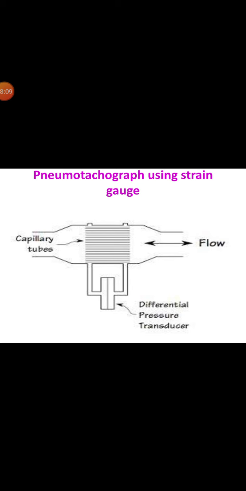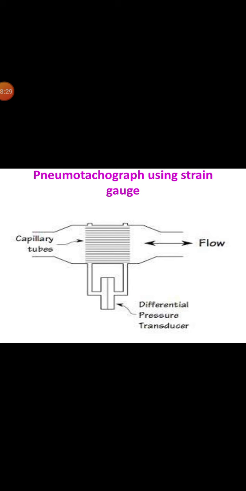That is, in this method, the transducer is held by an elastic band which goes around the chest, and the respiratory movement results in a corresponding resistance change of the strain gauge. It is connected to one arm of the Wheatstone bridge circuit. Its output varies with chest expansion. This output corresponds to the respiration activity.